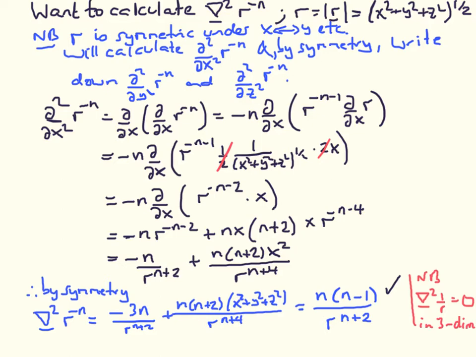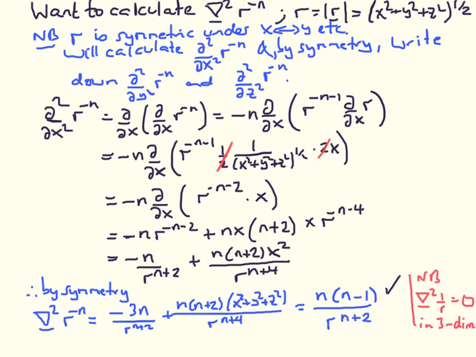Either that or you just do it. Whichever way, what you will obtain when you differentiate this is you're going to get another minus sign, so it's going to become plus. I'm leaving this x here because we're differentiating this. We're going to get a factor of n plus 2, just as before we had a factor of n. There's going to be another factor of x, and the power of r is going to decrease to minus n minus 4. So now, bearing in mind what these negative powers mean, we see we can rewrite this as the